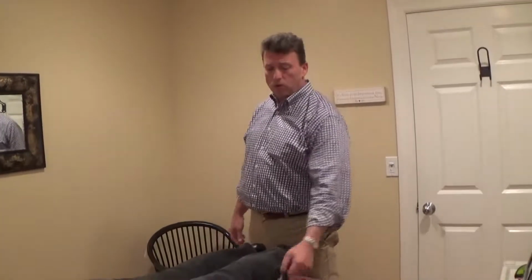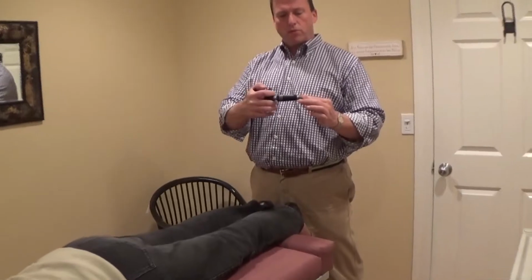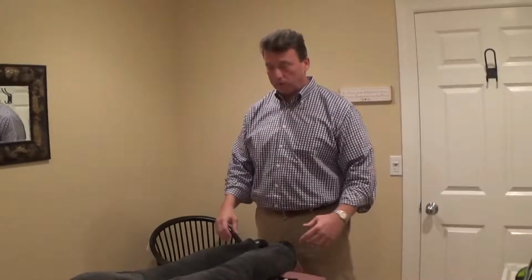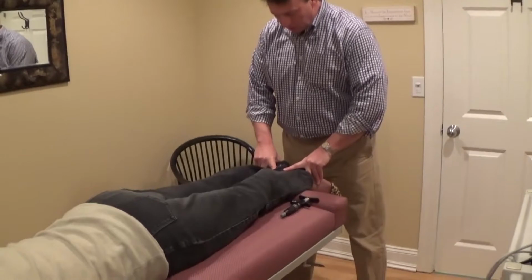What we're going to do is use a tool called an activator. The activator allows us to use a specific amount of force, and you probably don't think it will do much, but by pushing that, it happens a lot faster than my hands, so we're able to achieve the correction virtually painlessly. So we begin our analysis here at the foot,